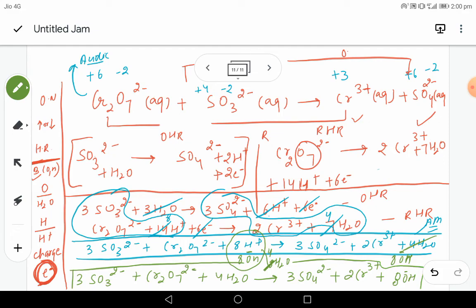So you can change any acidic medium into basic medium. Just see how many H positive ions are given to you, and then you will get the answer by adding an equal number of OH negative ions on both sides. This H and this OH will change into water. If there is water on the other side, cancel it out, otherwise you can keep it as it is, and then you will get your answer for the basic medium. So we have solved this particular equation for both acidic as well as basic medium.